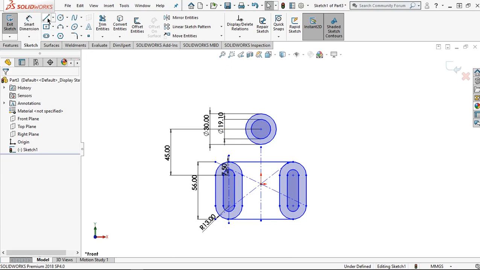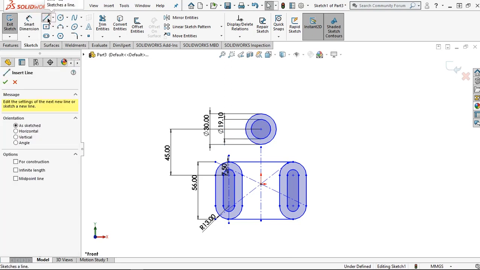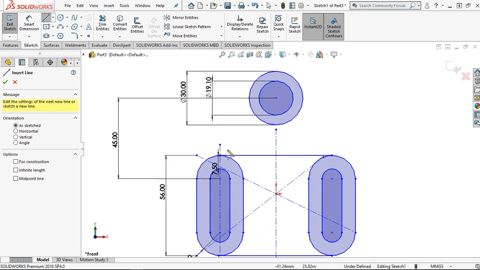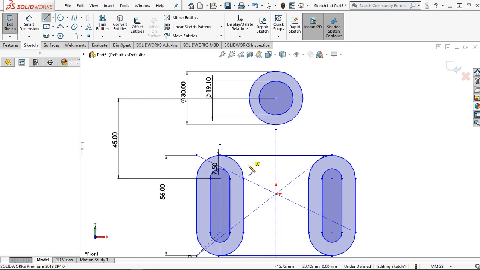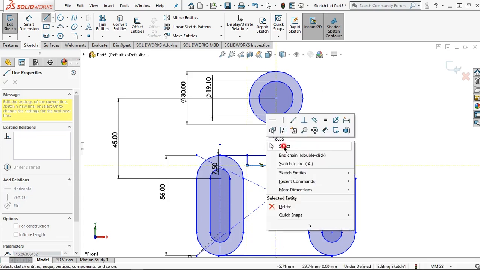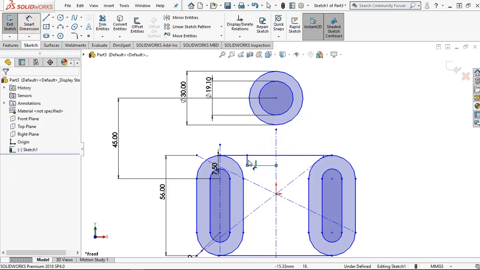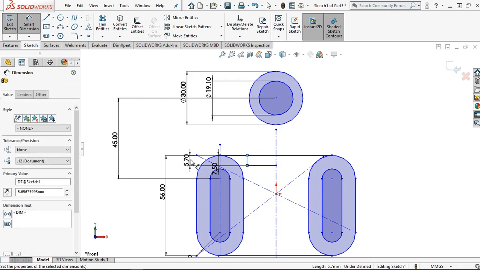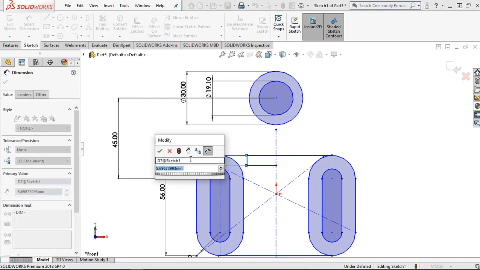Then OK. Click this line, right click and click select. Then change this distance to 3 millimeter.